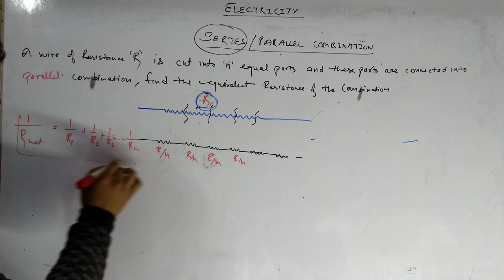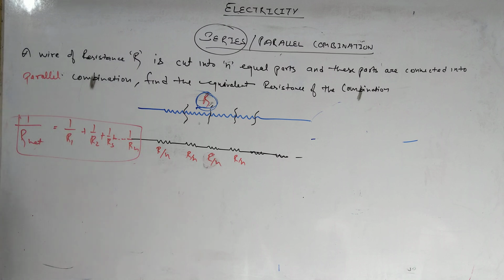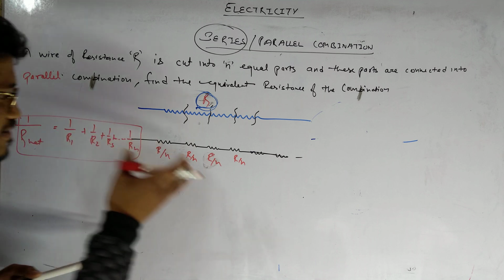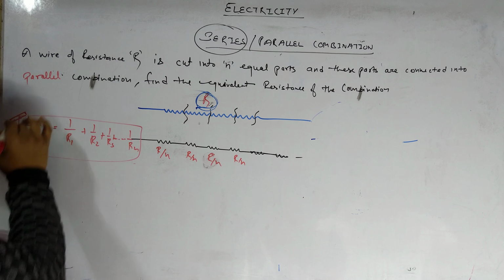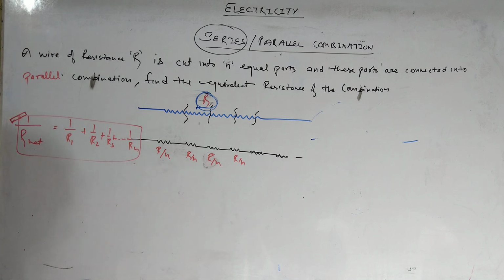Okay, this is a formula. We already discussed this formula in the previous video, when we arrange the resistances in a parallel manner. So how can we calculate the total equivalent resistance? You know very well,